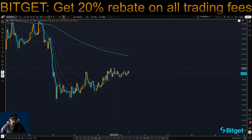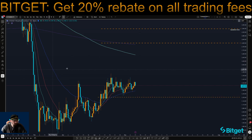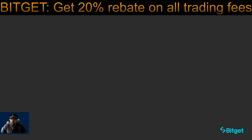So what we're looking at on the daily, we can see that it's still bouncing off the 50 EMA, but it really needs to get some volume in to push above all these levels. First it needs to break this, and then it definitely needs to break that for us to go up higher, because there's this fair value gap where the most resistance is happening. If you look at this fair value gap, it has been taken, it came back and it's just been pulled away. So we definitely need to see some volume coming in, and to help us understand where all of this is going to go,